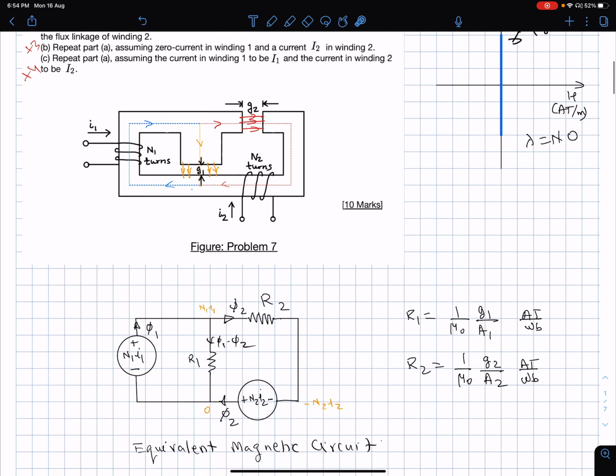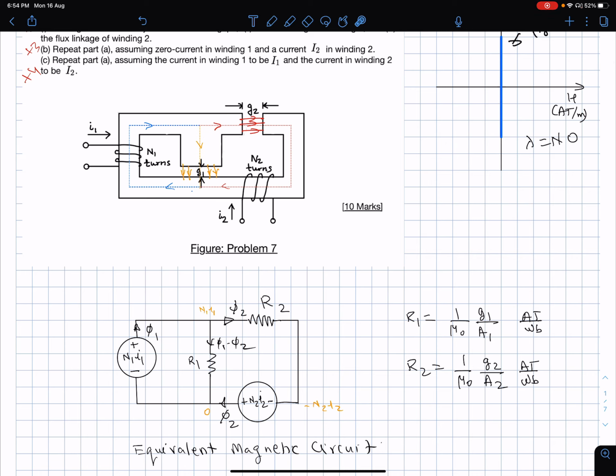So first let's draw the equivalent circuit. Okay, so if the current is entering this terminal, it will produce flux linkage in this direction. Now, by right hand screw rule, you can yourself do that. I am not going to describe the steps again. It closes from here. At this point, its flux lines will split into two parts. One will go through this air gap, another will go through this air gap. They will come and meet again here and then close and return back to the circuit. So that's one thing which is going to happen.